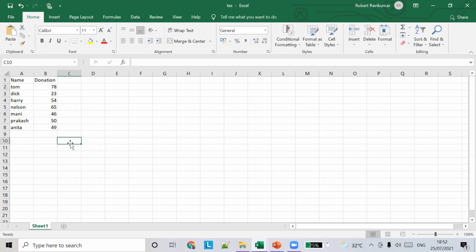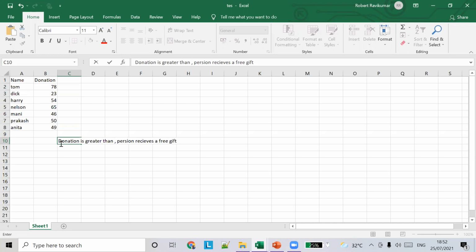The condition is if the donation is 50 or greater, the person receives a free gift. So this is what we are trying to achieve here. Let's see how this can be done.